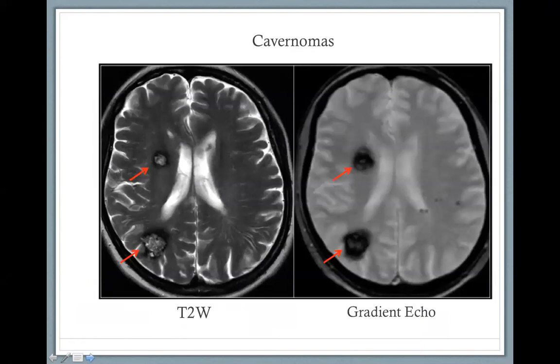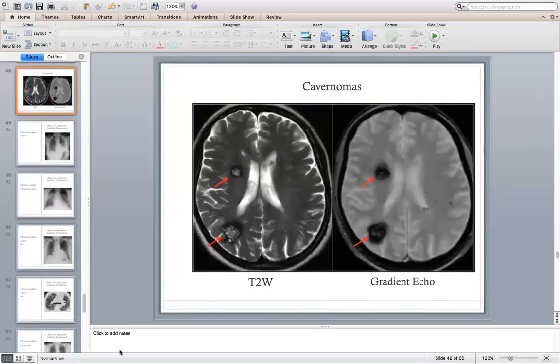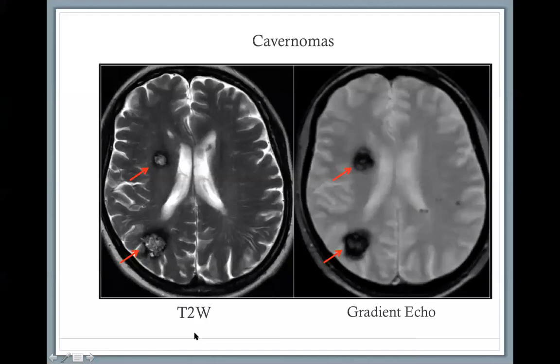Cavernomas are very similar in a sense to liver hemangiomas. So these are fluid-filled spaces. They're usually congenital. The problem with them in the brain is that they tend to bleed frequently. Sorry, that produces blood degradation products. We can see them on T2. Remember, when blood is degraded, it will give you things like